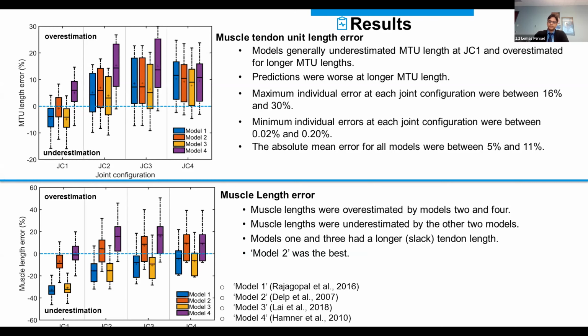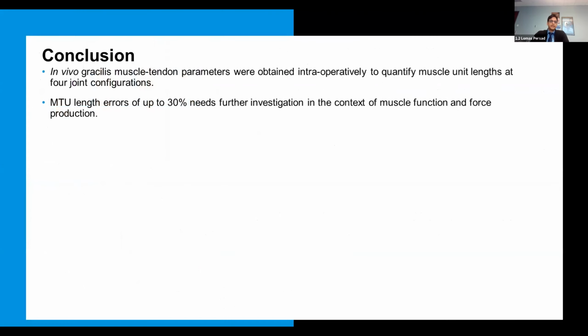So in summary, in vivo gracilis muscle tendon parameters were captured intraoperatively. This included MTU lengths, where individual MTU length errors of up to 30% need further investigation in the context